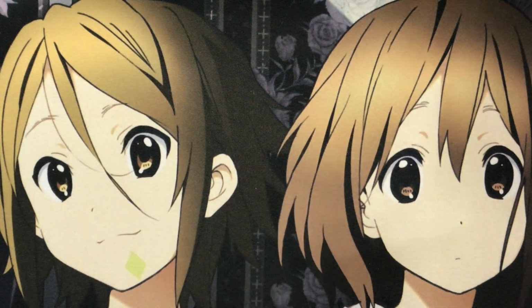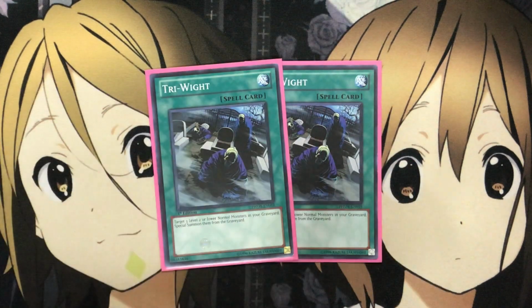And then for easy special summoning, along with the Painful Decision, setting them up in your graveyard, or just late game, I'm running 2 Tri-White. You target 3 level 2 or lower normal monsters in your graveyard, special summon them from the graveyard, so just giving you more resources for your Ojama monsters in the graveyard to special summon is definitely a plus for sure